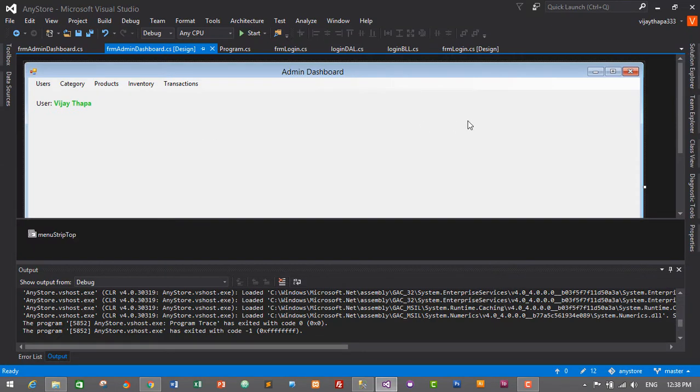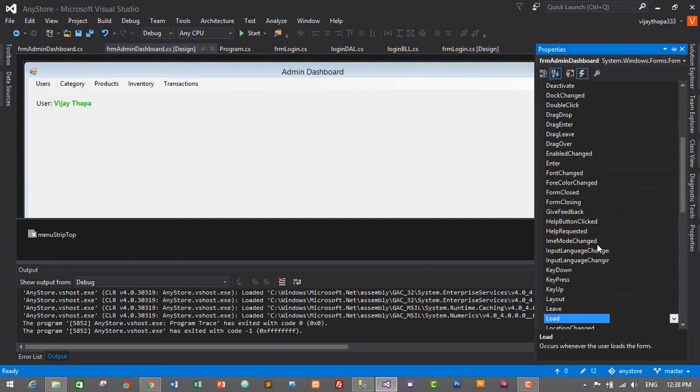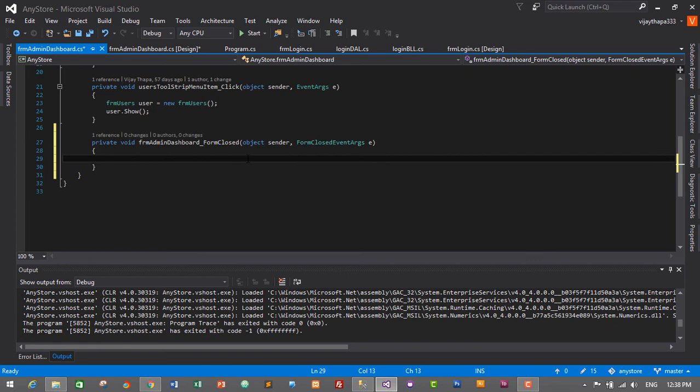Let's add the functionality to pop up the login form when this exit icon is clicked. For this, go to admin dashboard and select the admin form, and go to properties, and we have form closed event here. So here just double click on it, and here we will write a code to open our login form. This will be frmLogin. Login is equals to